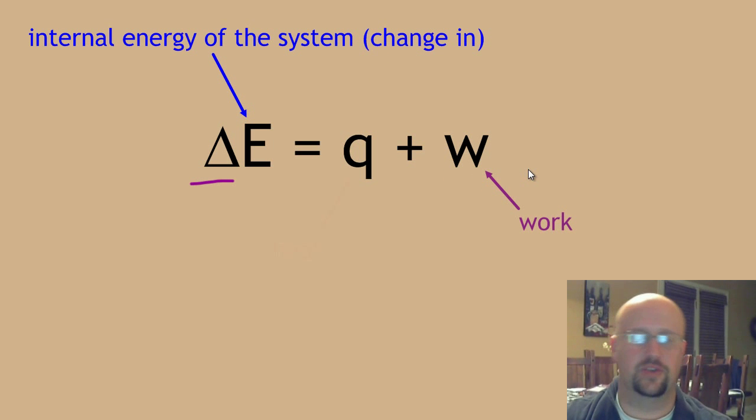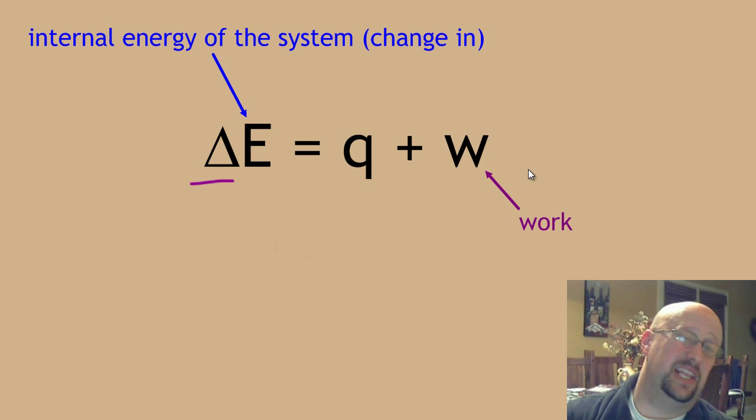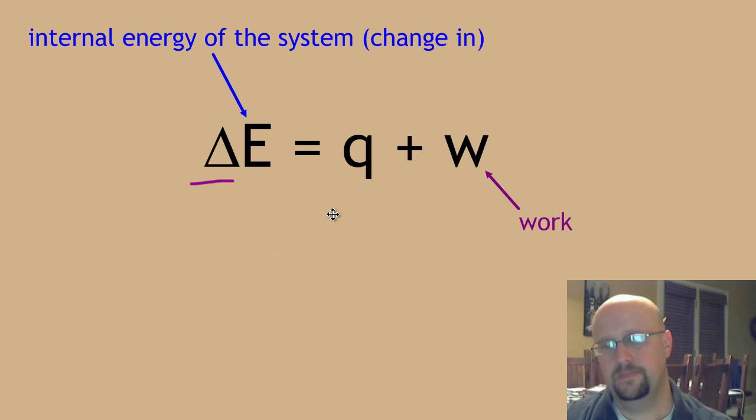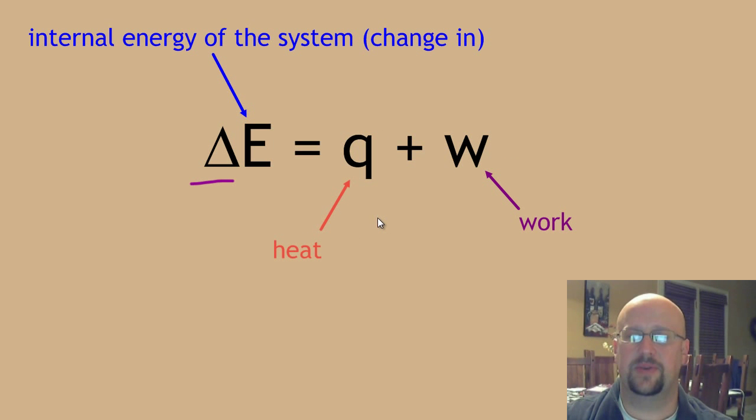The W over here is work, and again, we're going to see that that's going to fall out of our equations a whole lot in chemistry. We're not going to do a whole lot of work except in a few specific situations, usually related to gas laws. And then the other one here, guess what the Q is? The Q is heat. I know we talked about that before in Chem 1. We did calorimetry stuff, and we'll do that again this year. But, hey, I don't know what to tell you. Heat is Q. We're going to see that H actually has a different meaning here in a little bit. It is related to heat, but it is not directly heat. So just remember those terms.